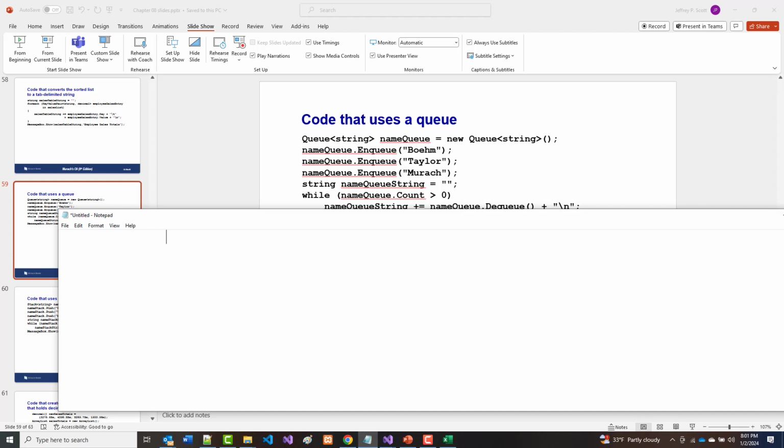And that is, if there's 6 of you and person 1 comes in line, then 2, then 3, then 4, then 5, I forgot 4, then 6, person 1 gets done first, then person 2 will get served. When they're both done, 3 will get served, 4, 5, and 6. So this is a queue, and it is also called a FIFO structure. First in,